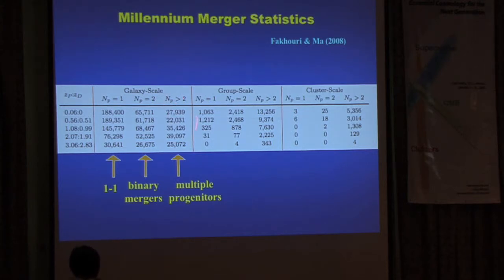And then there are actually a number of them where you can identify multiple progenitors that have gone on to form a later halo. Okay. So at cluster scale, you tend to have many, many more of these multi-body mergers. And we decide we are just going to count that if there are more than 2 progenitors, we're going to count NP minus 1 as the number of mergers.